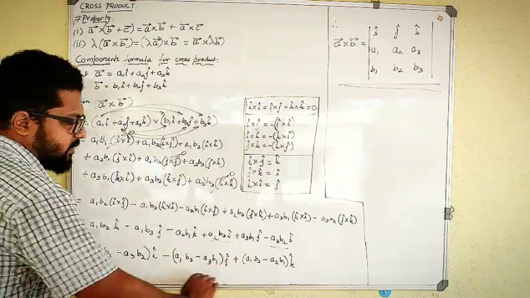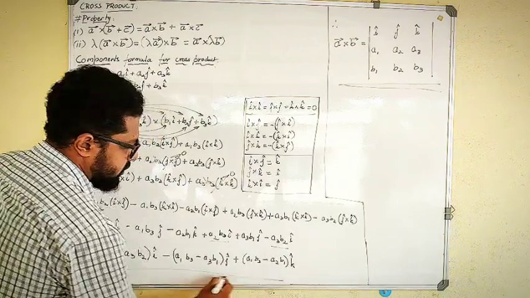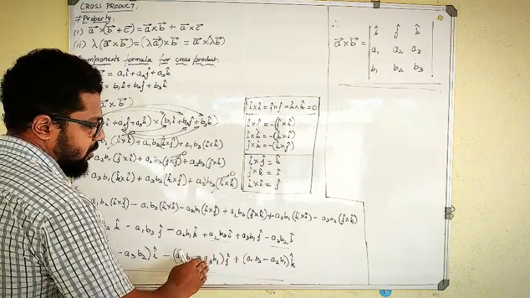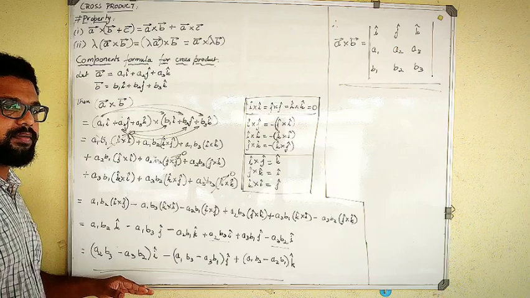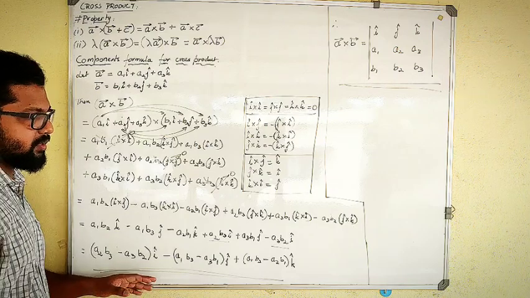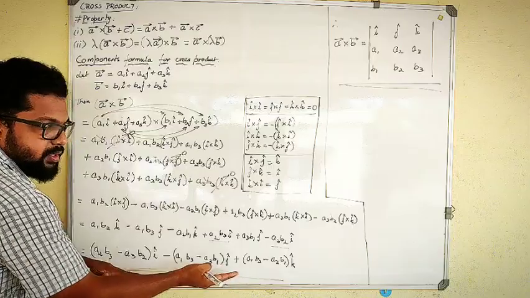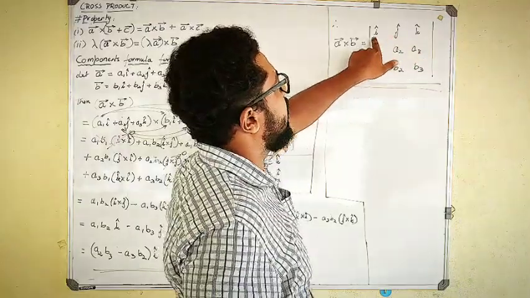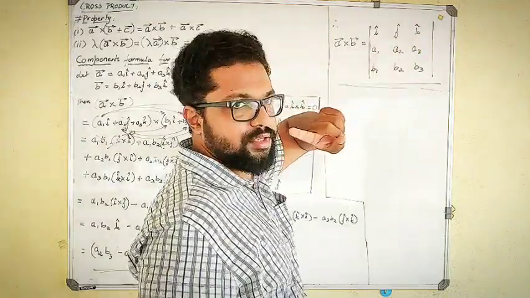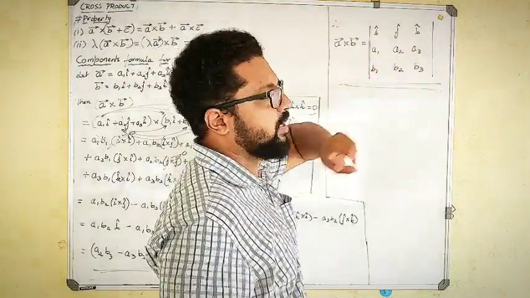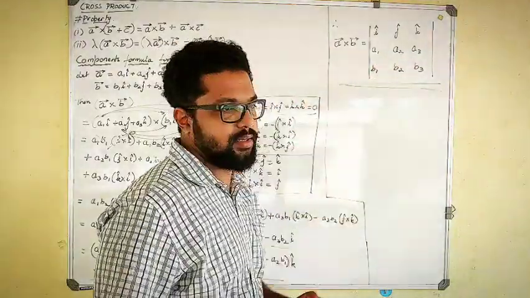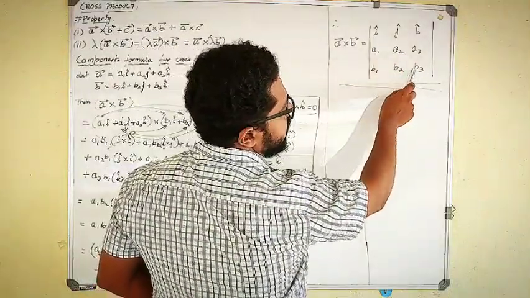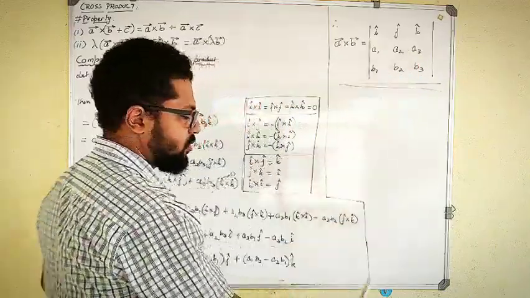So this is the final form of expansion. This is all you can expand, correct? And now this type of form you have seen in matrices and determinants, correct? That is determinant form. So check this. If at all you stop till here, I'll tell you, for A cross B, expand this and see. I, J, K, you write in the first row. A1, A2, A3, write in the second. B1, B2, B3, you write in the third. Then check the expansion of this determinant: I into A2 B3 minus A3 B2. Yes, sir. Very same as this one.